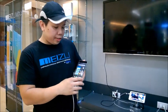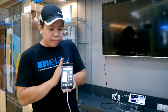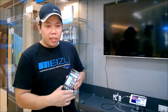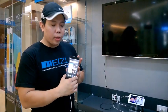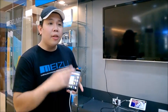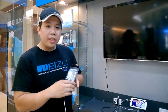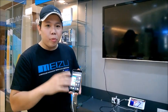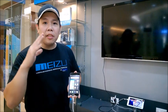So, good morning everybody. I have here the latest and most advanced Meizu MX4 series, otherwise known as the Meizu MX4 Pro. As we all know, compared to the MX4, it now features a 5.5-inch screen, and not only Full HD, because this one now offers 2K video resolution. When you say 2K, the pictures are really higher in pixel density, more crisp, more clear, and very comparable to the high resolution devices of the latest flagship phones such as the LG G3 and of course the